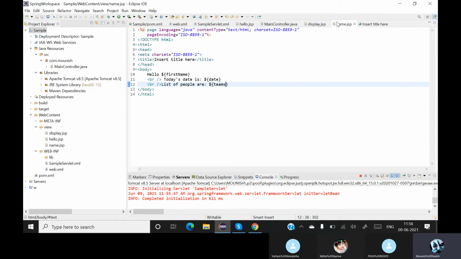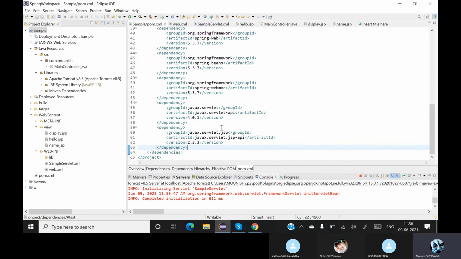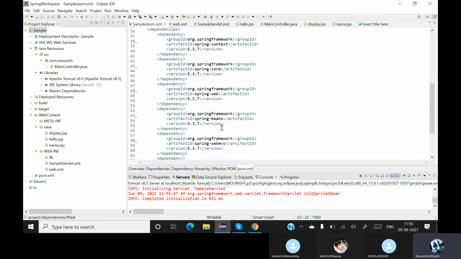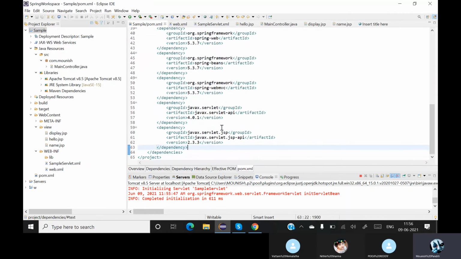For that, you need to have some tags. Those tags are called JSTL tags. In our pom.xml, we have not added any JSTL tag dependency.